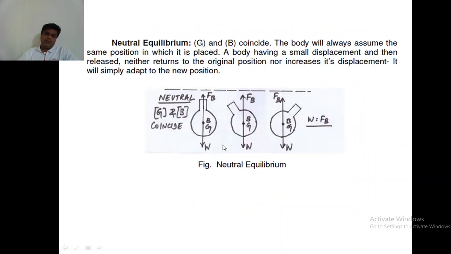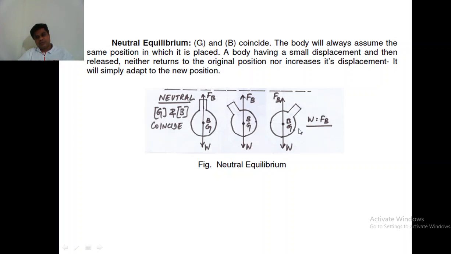If it has to be in a stable condition, the center of gravity will be below the center of buoyancy. And in neutral equilibrium, we know that they are in the same line, and both the center of buoyancy and the center of gravity will be at the same point. So there is no question of a couple here. Whenever you try to twist the object, it will be in the same position. You can twist it, and they both will be in the same position. So again the object will be in equilibrium.